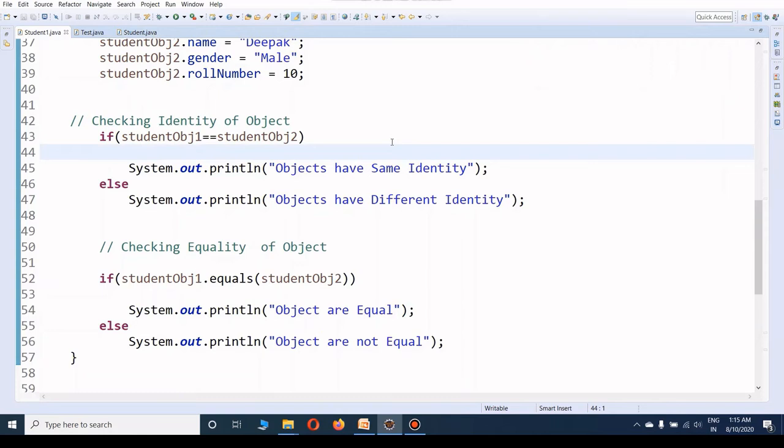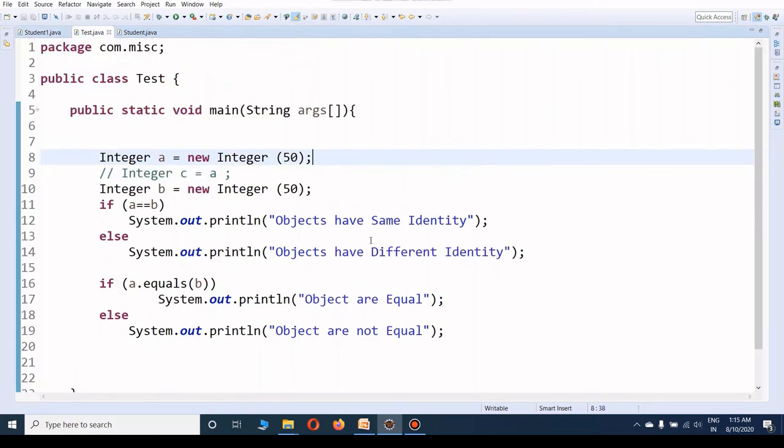I have created one more example. This is a function with the same data type. Here I have created one integer object a and one integer object b. I just want to check whether they are equal or not. You might be surprised that we have not overridden the equals method.